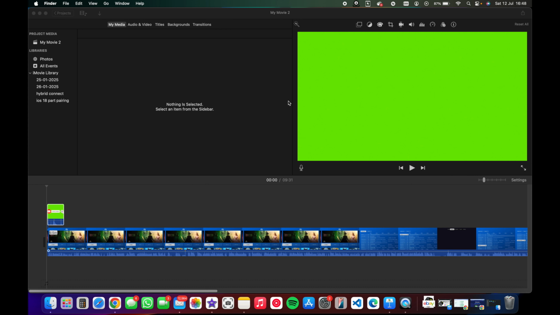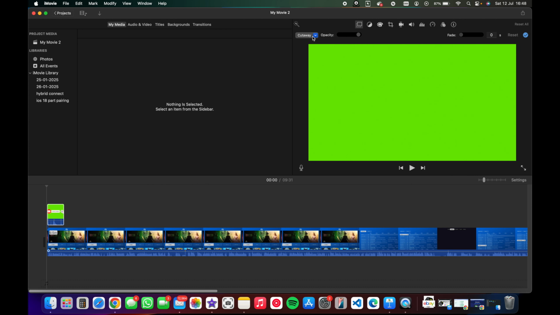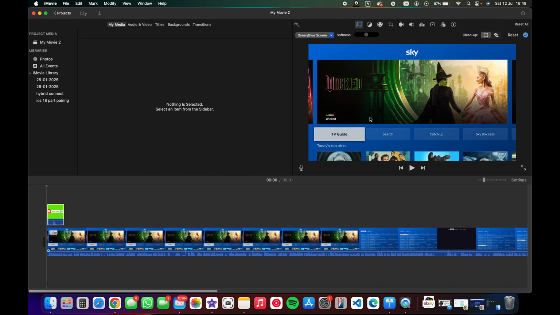the green screen, and then here where it says cut away, click that, and then click green/blue screen, and as you can see it's now green